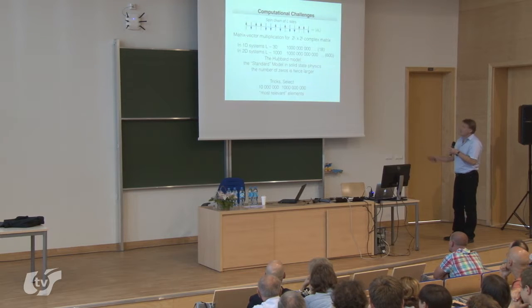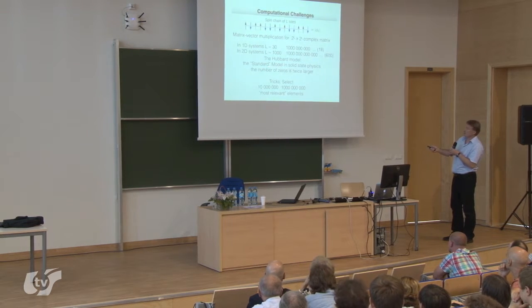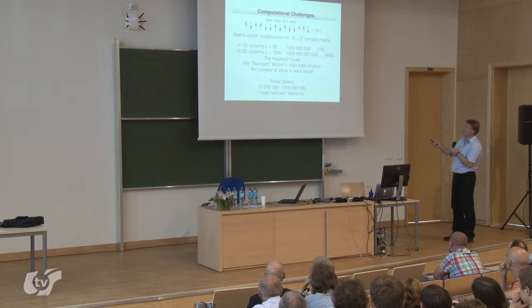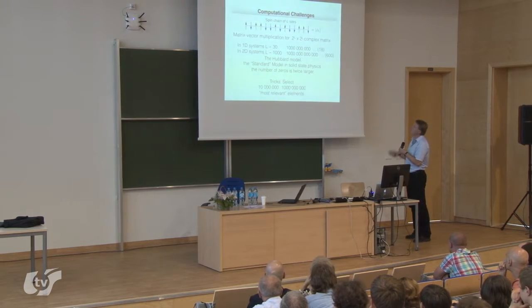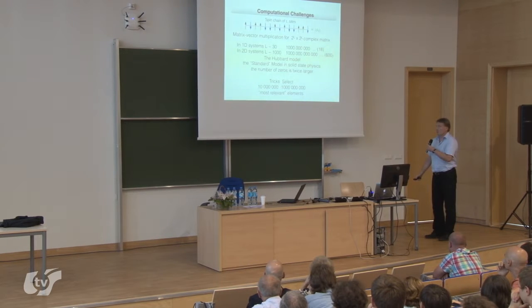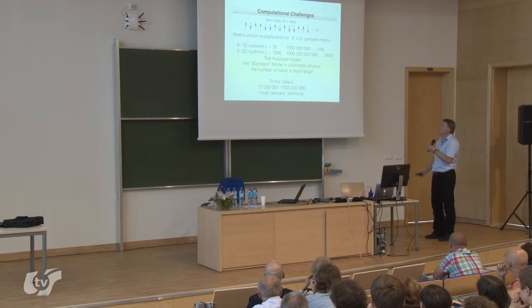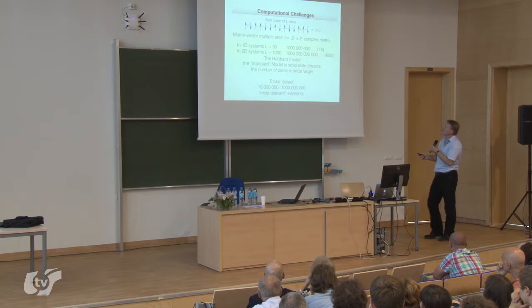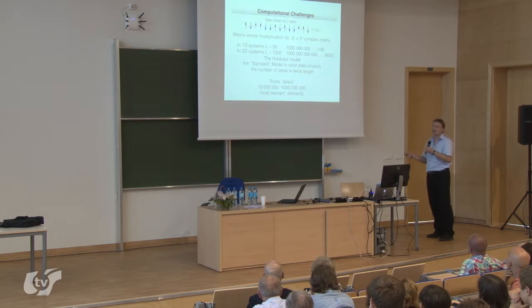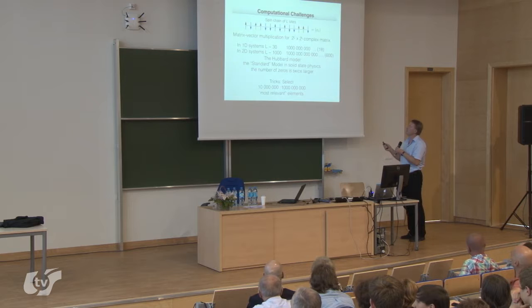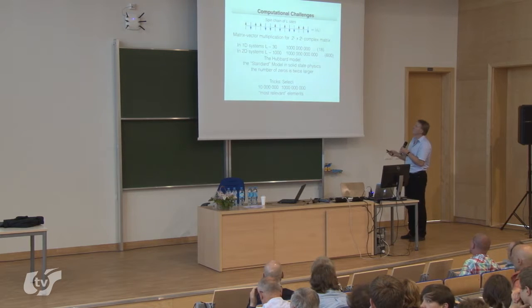And I mentioned the standard model in solid state physics, the Hubbard model. In that case you would have to multiply the number of zeros by 2, so you would go to 600 zeros. Anyway, we still can do something. The trick which physicists learn is how to select the most relevant elements, and it takes years of study to learn what the relevant elements are out of this huge number of elements.